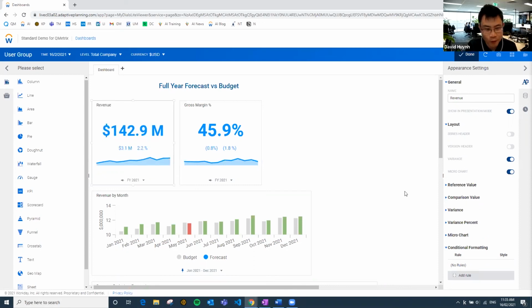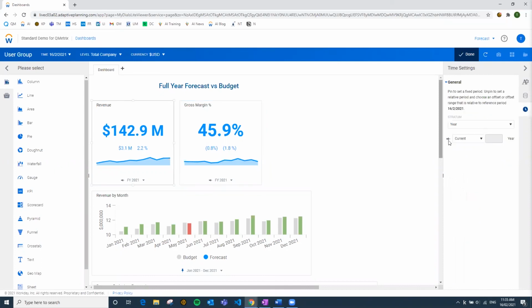Excellent. And while we're on that KPI chart, another question from Joe, just when you were pinning those time periods, how you pinned it to the current year. We have a question around, can you make the period prior month? Yes, exactly. So when I set that to the current year, if we go back to my clock here, I've got my current year, but of course I can just click on backwards. The current year, adaptive has picked up, is FY21.